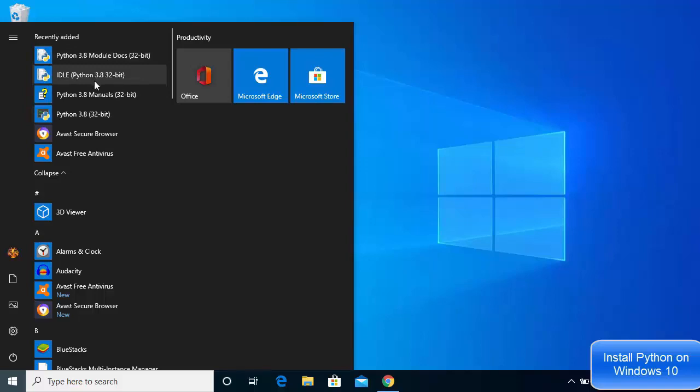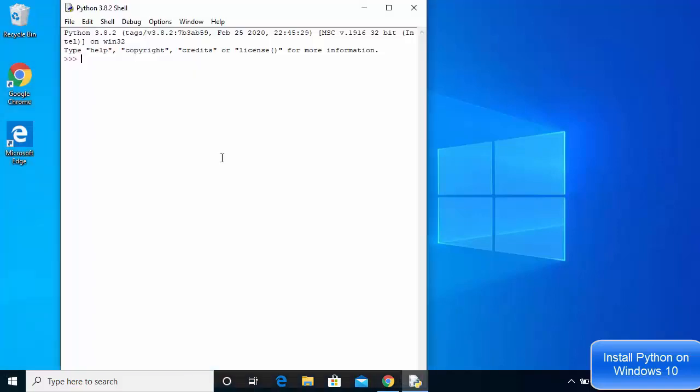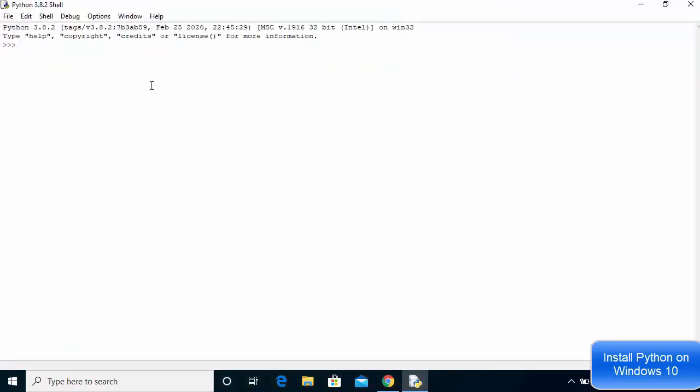These four are the most important tools which are installed at the time of Python installation on your Windows operating system. First of all, we will start with the IDLE IDE, so just click on IDLE. Once you click on this IDLE option, you will see this kind of window here. Once your IDLE IDE opens, what I want to do first of all is increase the font size, because the font size is really small for the video at least.